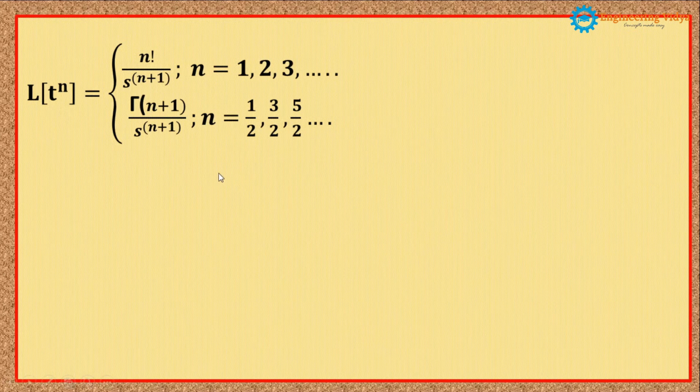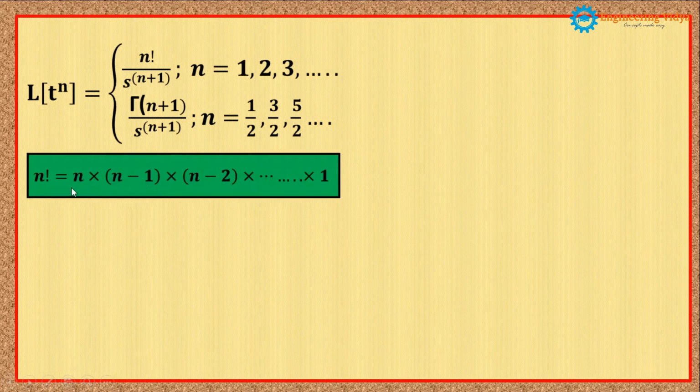So now, if we see the formula here, we have the factorial and here we have the gamma. So see the concept of factorial as well as the concept of gamma, right? If you want to find the factorial of n, you have to multiply n, and then decrease the number in decreasing order until we get 1. So we write n into n minus 1 into n minus 2 into up to 1, arrange n in the reverse order, and multiply every value. Whatever result comes is called the factorial of n.